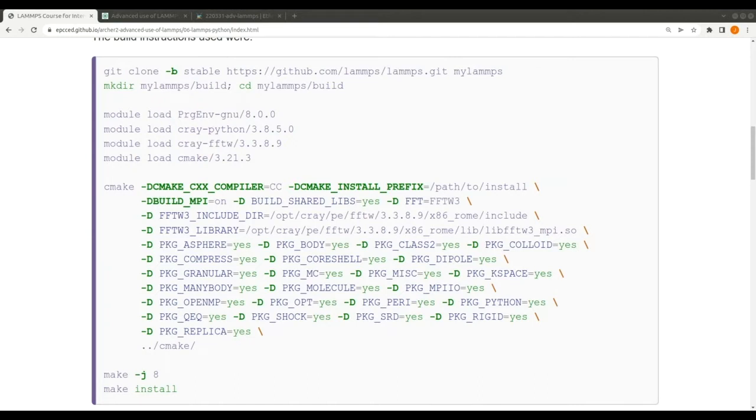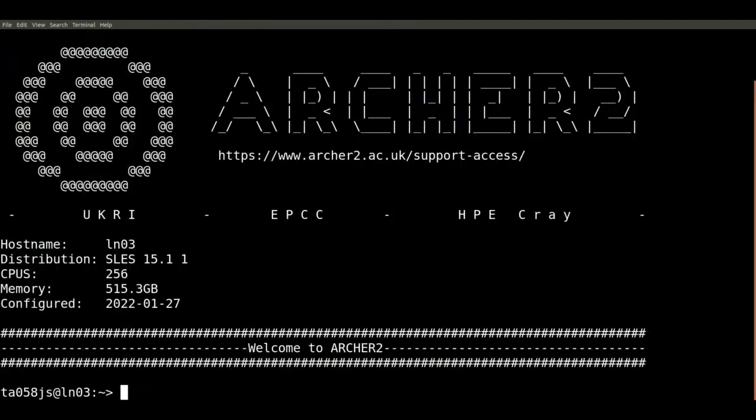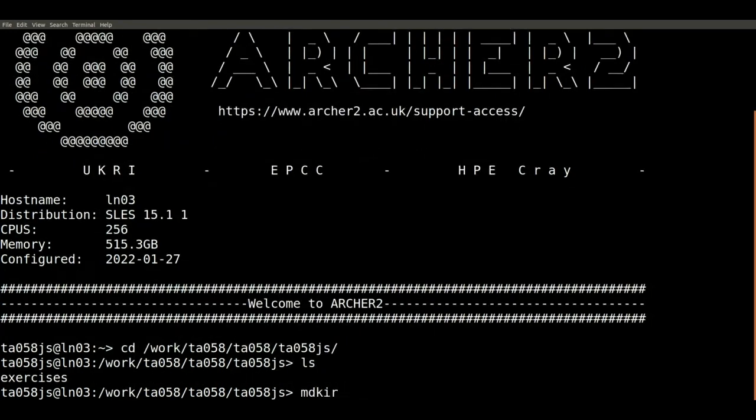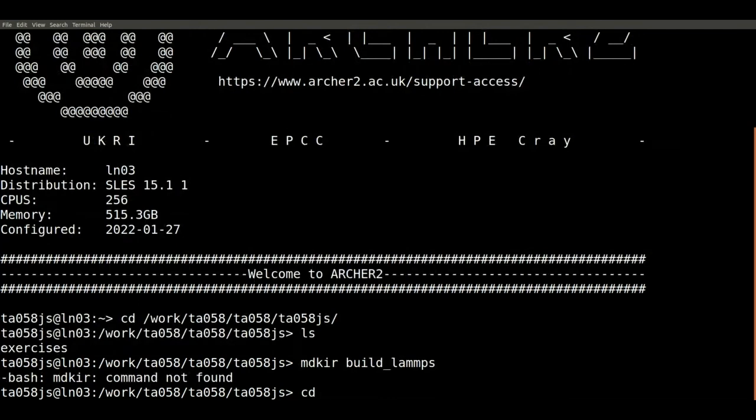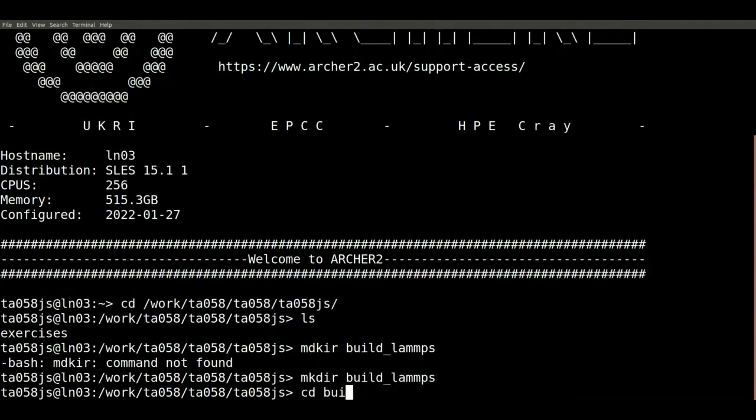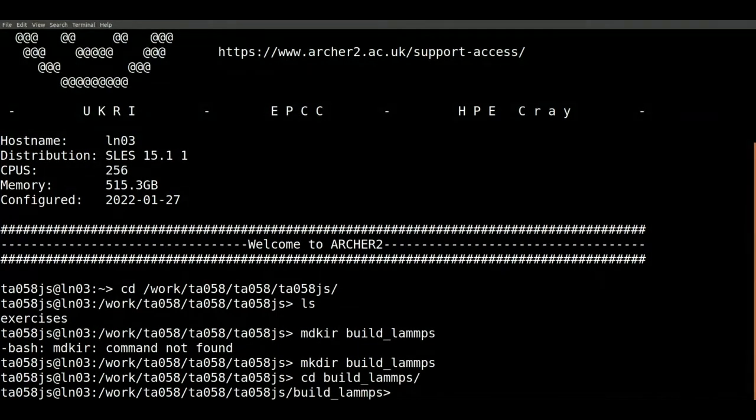So what I'll do is switch to the first time as well, and go into my work directory. I'll make a directory called build LAMMPS. All I'm going to do now is copy and paste the build instructions from the course material. You don't need to do this. It's more to give you an idea of just how easy it is to build LAMMPS